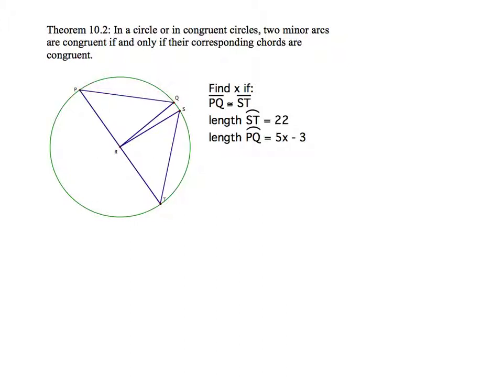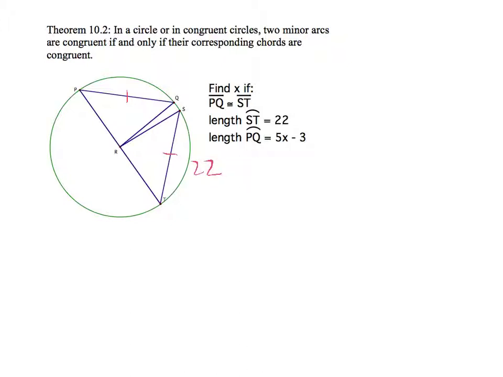So PQ is an arc, and PQ is a chord when we cut straight across like that. ST is also a chord cutting across the inside of the circle like that. So in this problem, they tell us that we're supposed to find x if PQ, that line segment, is congruent to ST, that line segment, so we just mark those as congruent, and the length of arc ST is 22,